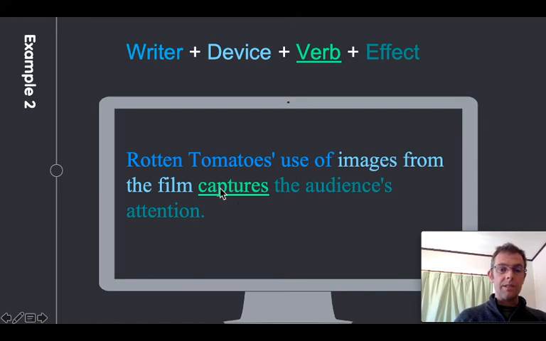And you can see the change up in the verbs makes for a more interesting read as well. Consider the examiners for your exams. They've got hundreds of essays to read, and they're going to read that word shows hundreds of times in their reading, and they're going to start to get bored with it. So try to find more interesting verbs that will help your writing stand out and be a little bit fresh.